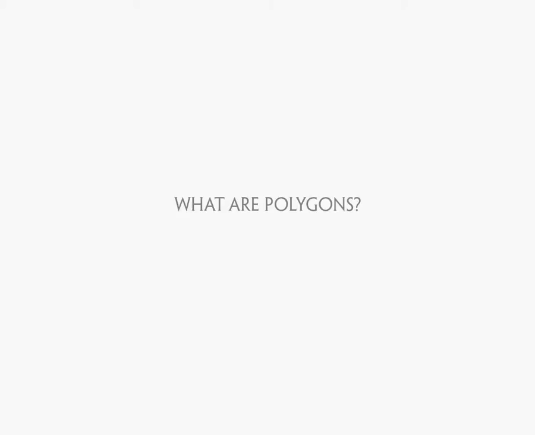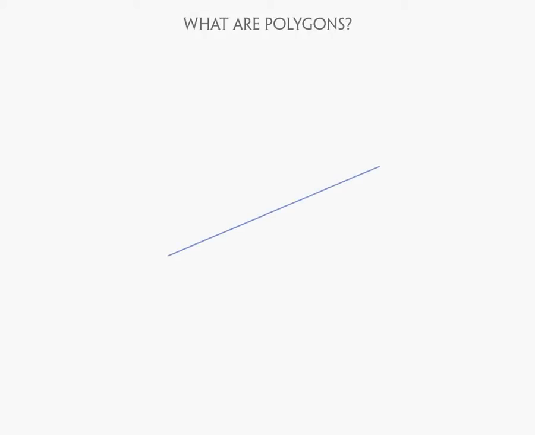So we've talked a lot about polygons, but we haven't actually defined what a polygon is yet. Let me do that right now. A polygon is a geometric primitive that is made up from any number of straight lines or edges. The basic elements of a polygon are the lines from which it's formed and the points at the ends of